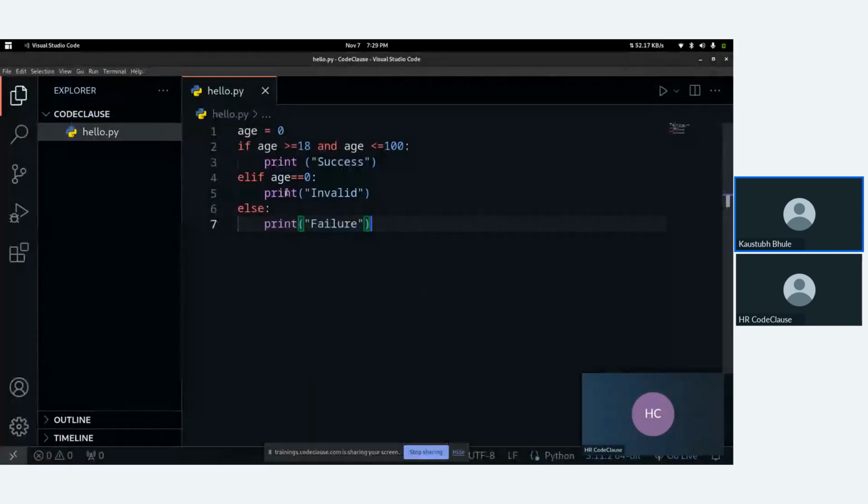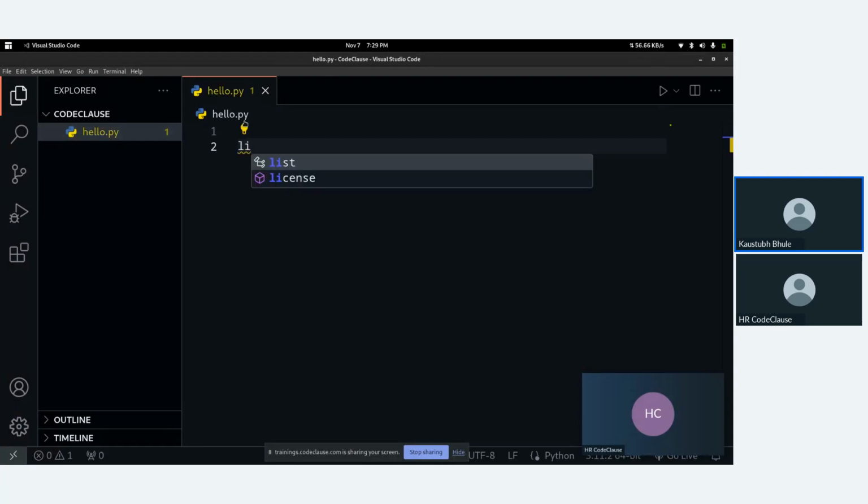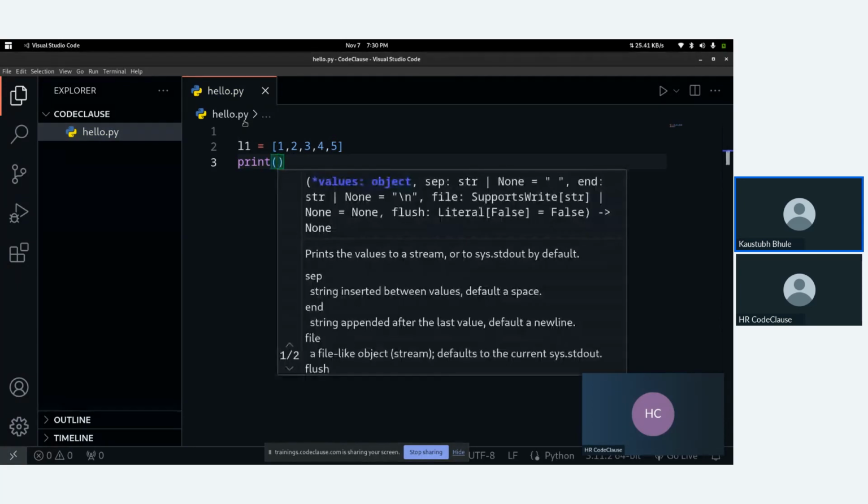So Python has basic default data structures, which are list and dictionary. Basically, a list is like an array, but an array has the property of having elements of the same data type. In the case of a list, it's different from an array. It can have values of multiple data types. So let's create a simple list called L1 equals, and we can create a list using just square braces. I'm adding some numbers in the list. Okay. To print a list, we can easily just print L1, which will print the list.